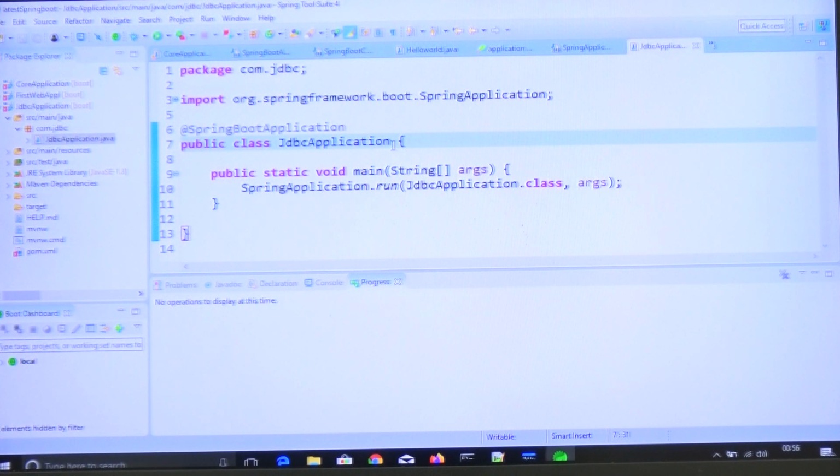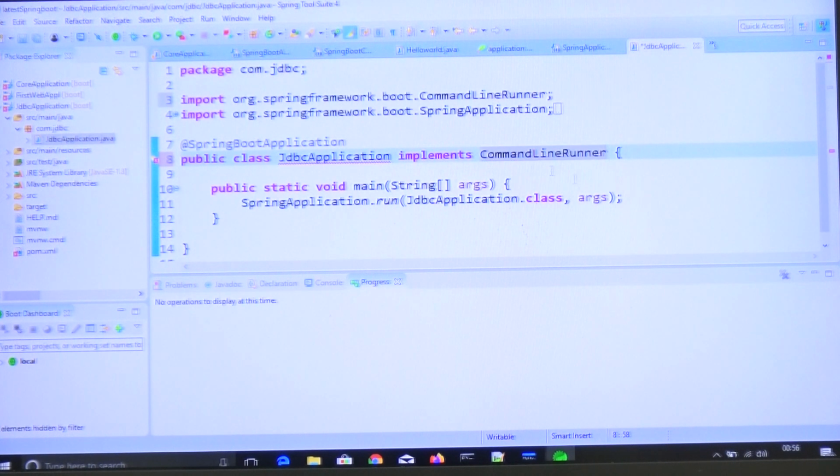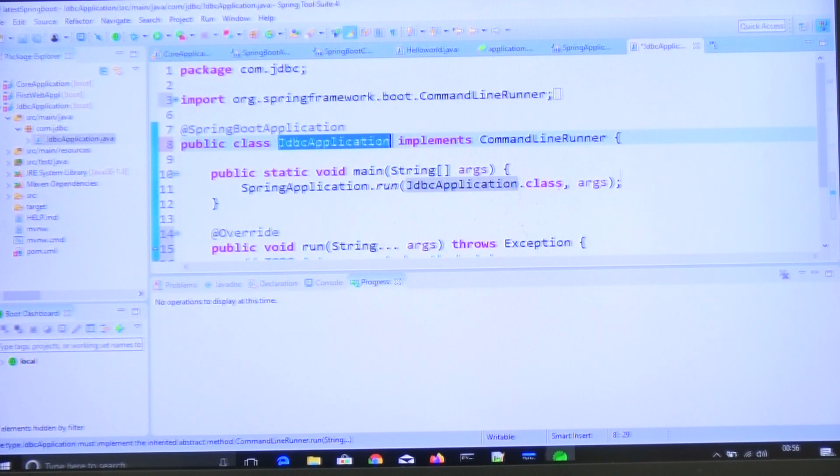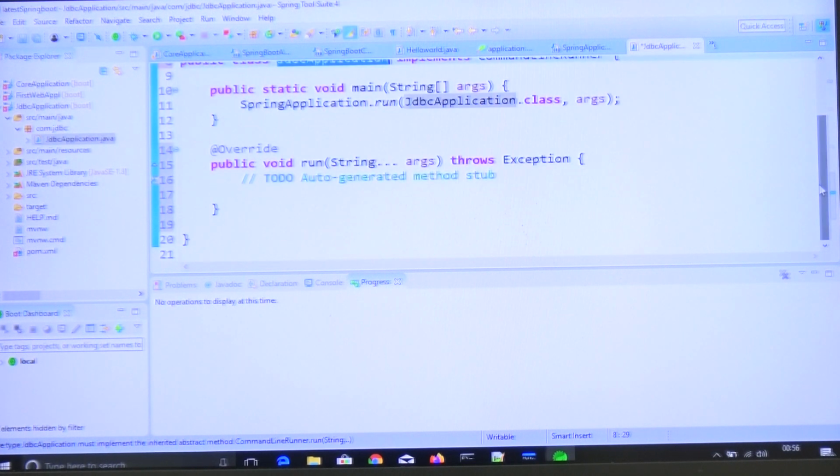So if I want to make it implements CommandLineRunner. What is the benefit of CommandLineRunner? I will tell you. It contains one method. Being an interface, we have to implement all the methods, the run method.